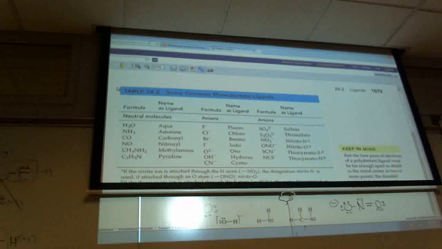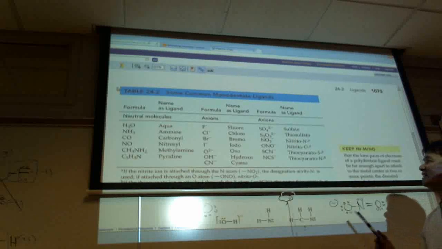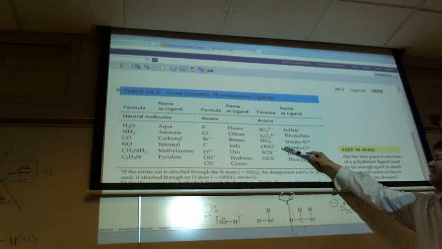If this were linear, for sure, no. But this is not linear, this is bent. And so potentially, yes. But the angle, it would form what membered ring? 1, 2, 3, 4. It would form a 4-membered ring, right? Are 4-membered rings stable? No. And so this would be that